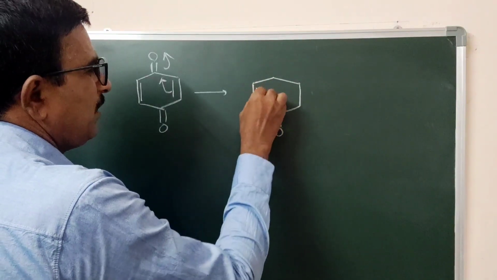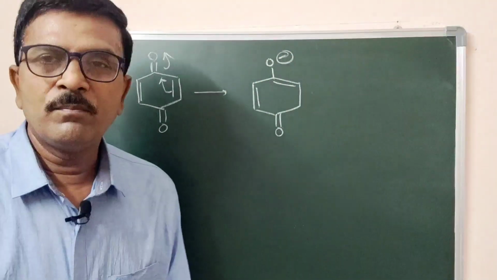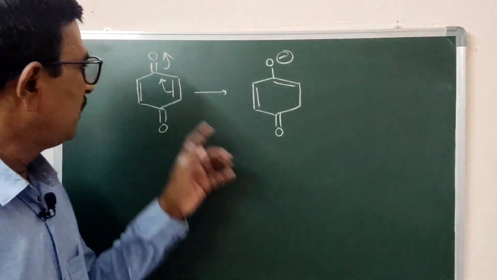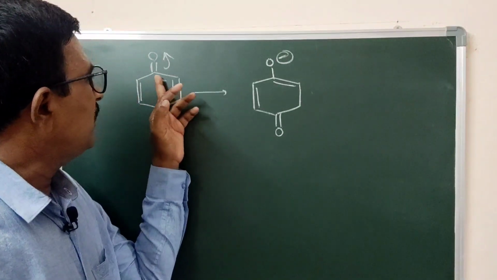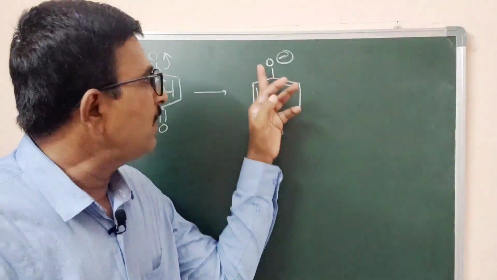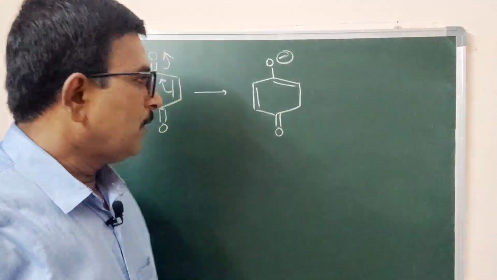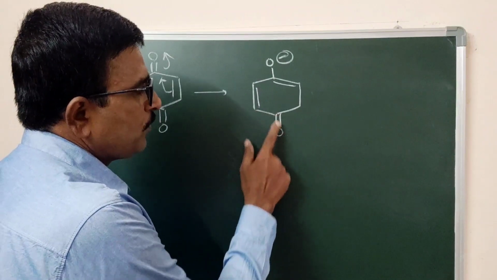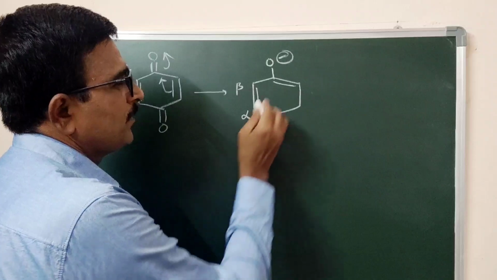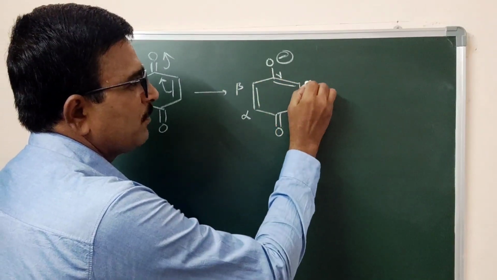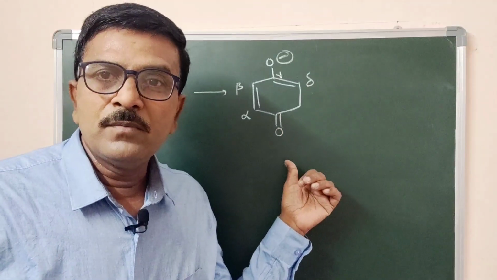C double bond over here, double bond here, this becomes O minus, O minus. Is it clear? So polarization of double bond towards the oxygen p orbital. So here a new double bond is generated, oxygen gets negative charge, oxy ion. Now you designate. Now with respect to C double bond O, this carbon is alpha, this carbon is beta, this carbon is gamma, this carbon is delta. Now it is a cyclic 6-membered ketone. Are you following?